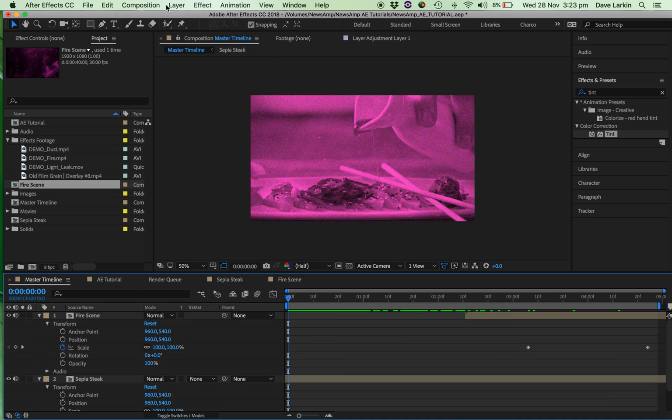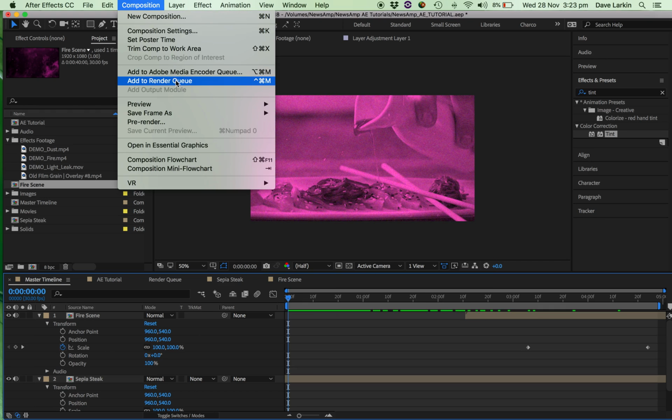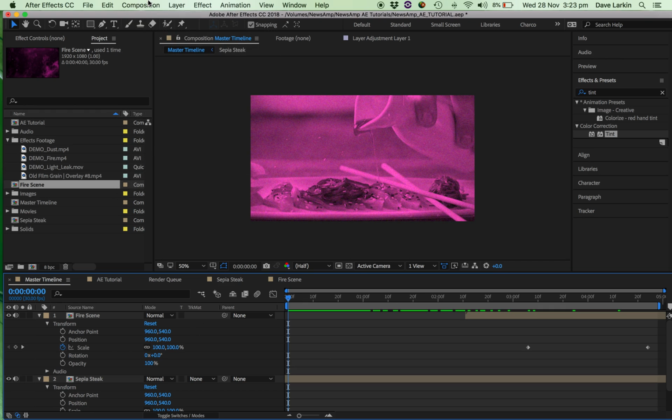So go back to your master timeline and add to render queue. Alright, now the second way to export, now this has probably become the more preferred way in After Effects for